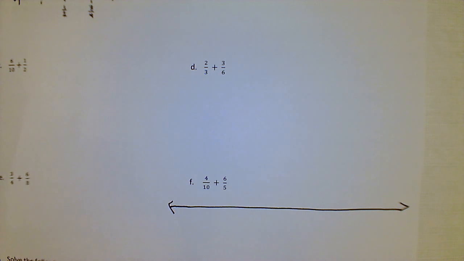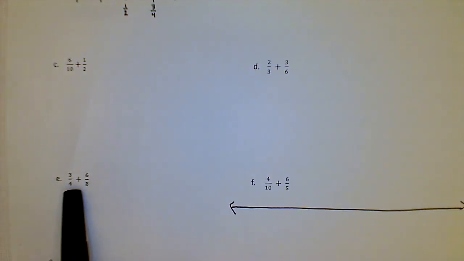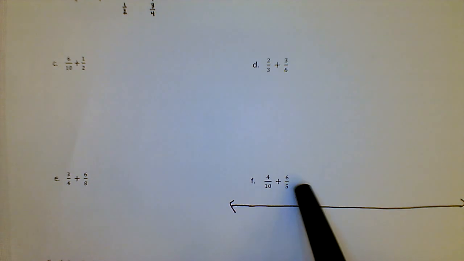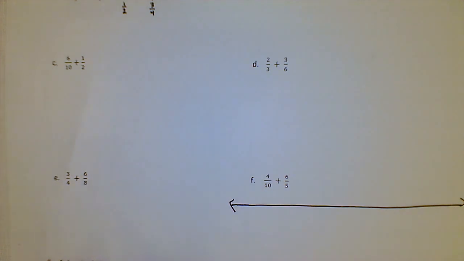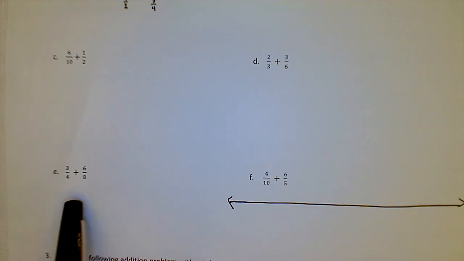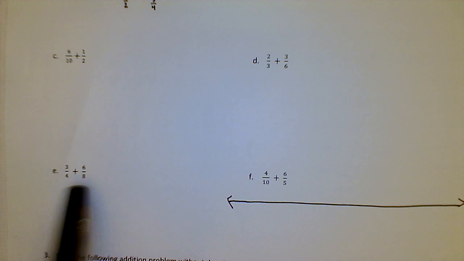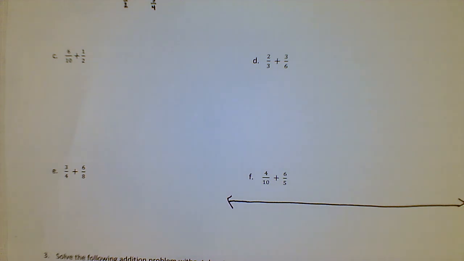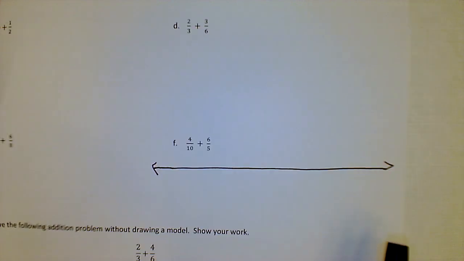Now, let me say this. If I were looking at the question over here and I saw 3/4 and I saw 6/8, for that one, there isn't that obvious thing. So when in doubt, go ahead and map it out to be a fraction greater than 1. Go ahead and go from 0 to 2 when you're in doubt. But let me just say here that this is definitely going to be a fraction greater than 1 because I have 3/4 and I have 6/8 and they're actually both greater than a half. And so you know that when you add them, you're going to get something greater than 1. But again, if you don't see that, be safe and do what I'm doing over here when you're setting it